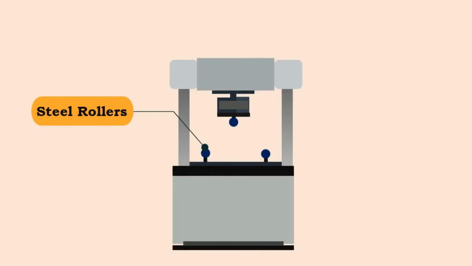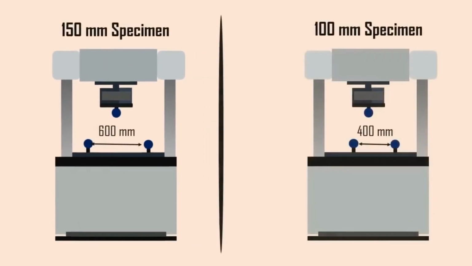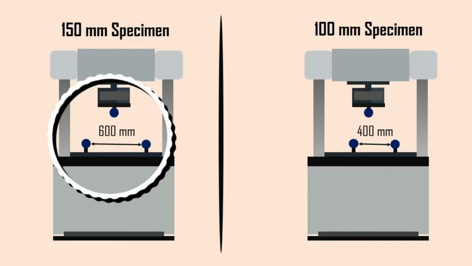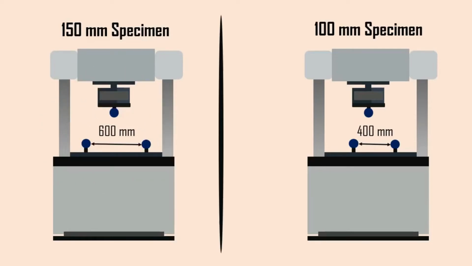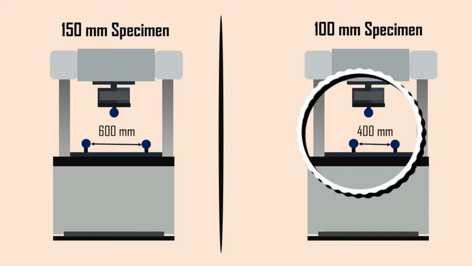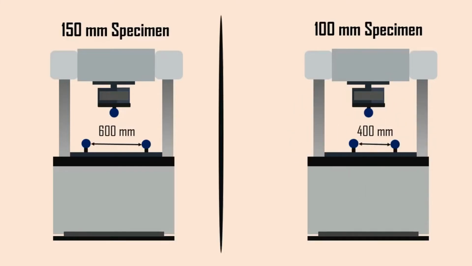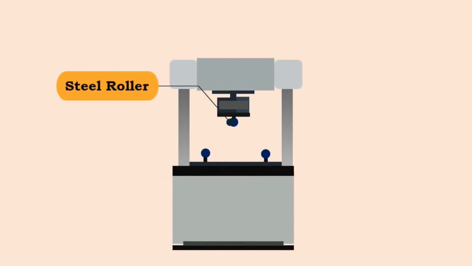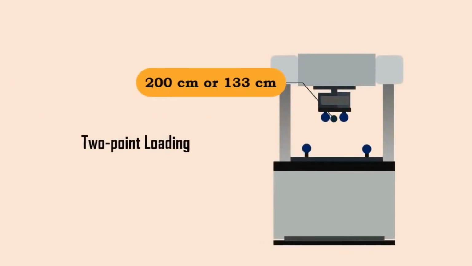The bed of the testing machine is provided with two steel rollers of 38 mm in diameter. The rollers are mounted at a distance, center to center, of 600 millimeters for a 150 millimeter specimen, and 400 millimeters for a 100 millimeter specimen. The load is applied through a similar roller mounted at the top. In case of two-point loading, the rollers are spaced at 200 centimeters or 133 centimeters